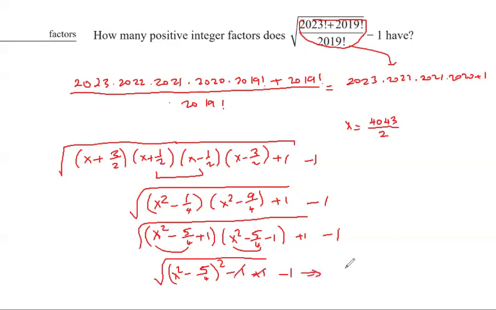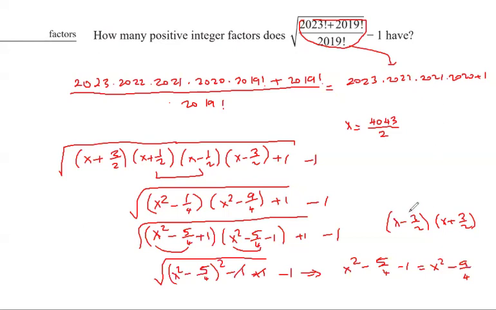Take the square root, so we are going to get now x squared minus 5 over 4 and -1. And this is equal to x squared minus 9 over 4. So this is also nicer because this is factorable as x minus 3 over 2 and x plus 3 over 2. So the x was this number, or like 22